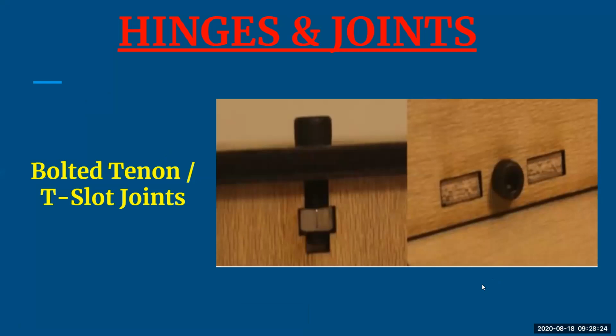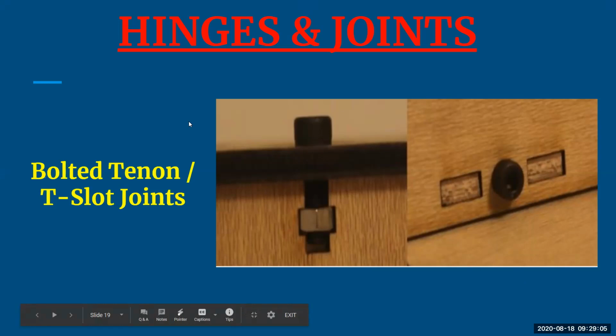Next is bolted tenon and T-slot joints. Basically this is also a modified version of your mortise and tenon joint, wherein you are adding a T, or you can say a cross-shaped slot, to your tenon sheet with the crossbar of the T. You can see it in the diagram there. You can have a bolt through a hole in your mortise sheet and the slot, and through the nuts. So this is another structure, that is bolted tenon and T-slot sheet. T refers to what? You will always find a T structure there. So that is your T-slot sheets.